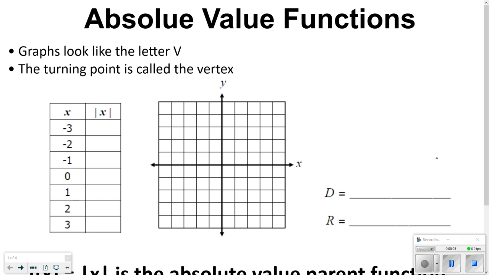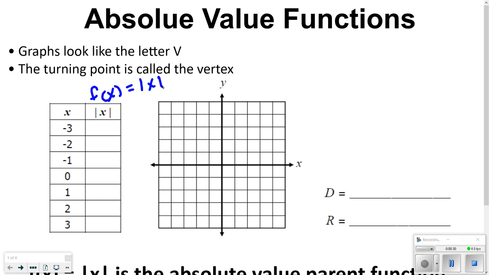Hi everybody, this is going to be another Unit 3 video over absolute value functions. So first of all, let's just take a look at an example of what the graph actually looks like. I've got a table here of some x values, and we're going to plug it into our function that we're going to be working with, which is just f of x equals the absolute value of x. Okay, so we're going to plug in our x values, get our y values, plot our points, see what it